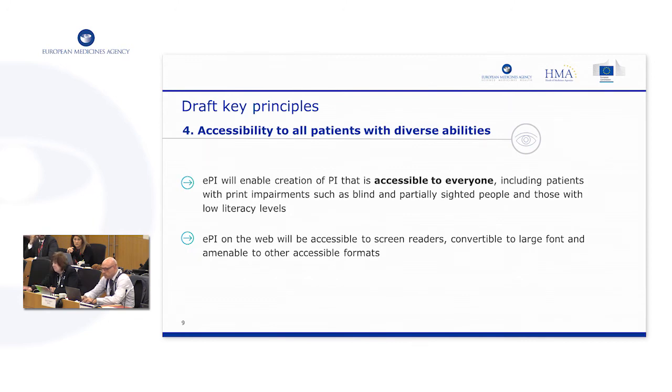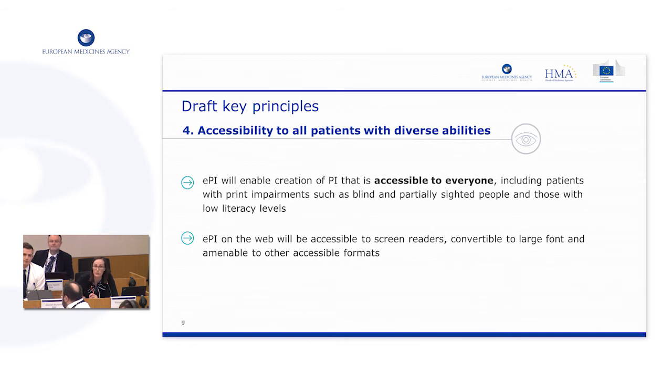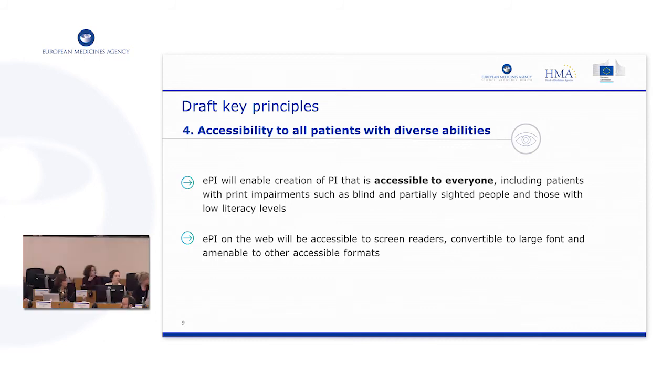I mean, it refers back to what we mentioned earlier. Technically, it would be possible to have an interaction between EPI and the barcode, for example, used by Falsified Medicines Directive, but further exploration of that would be part of the implementation project. Thank you very much.